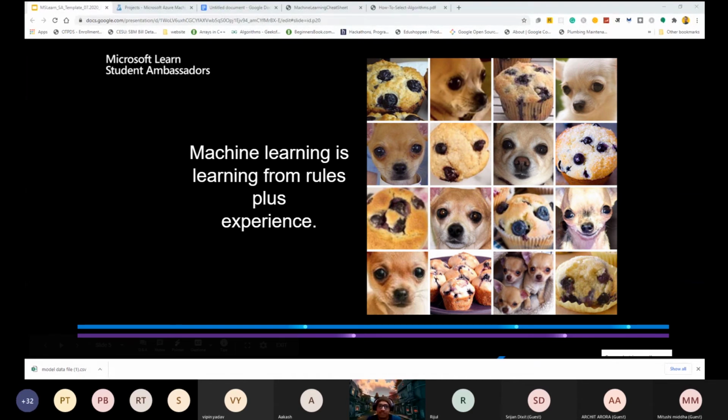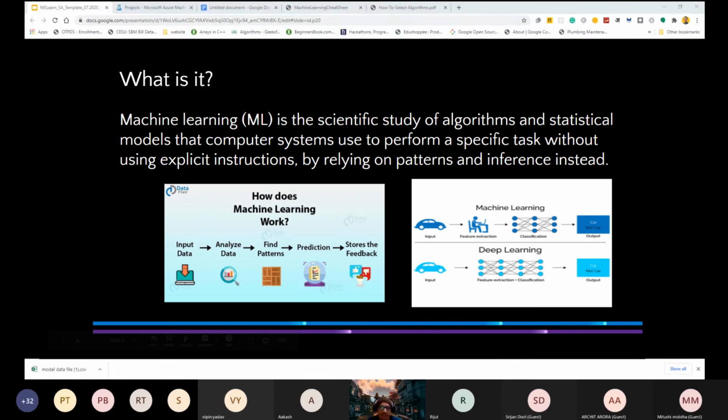Now, what is machine learning? Machine learning is the study of algorithms and statistical models that computer systems use to perform a specific task without explicit instructions. Explicit instructions means writing out instructions in order to accomplish a change in a particular machine action. So machine learning provides systems the ability to automatically learn and improve from experience without being explicitly programmed. It's the study of algorithms for self-learning to get better at some tasks.